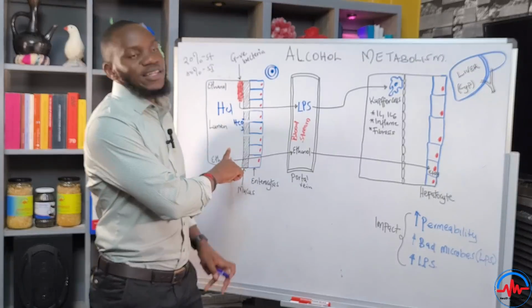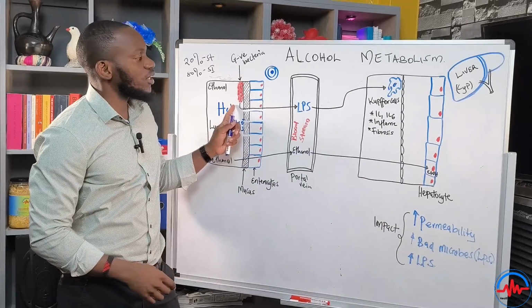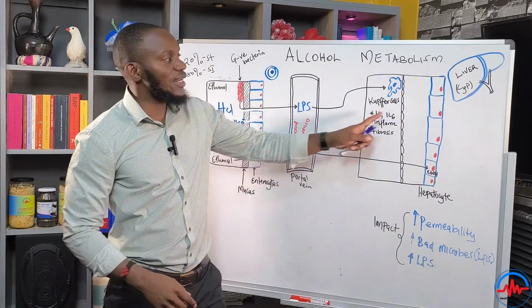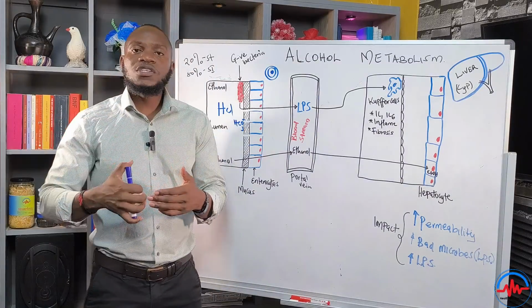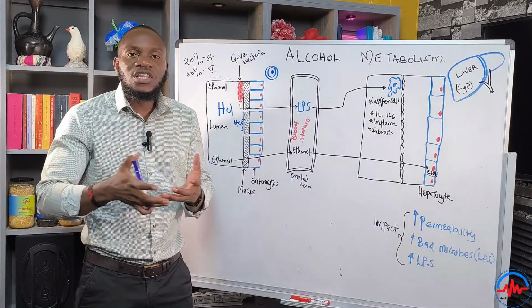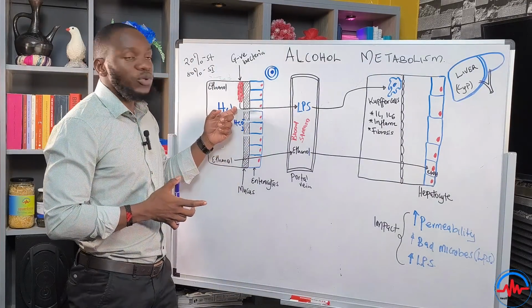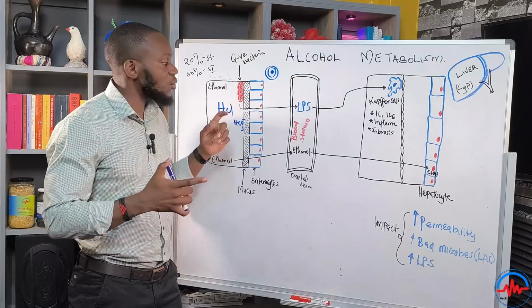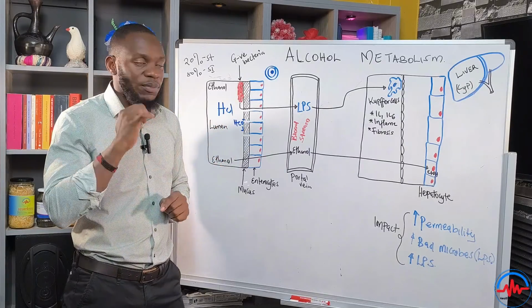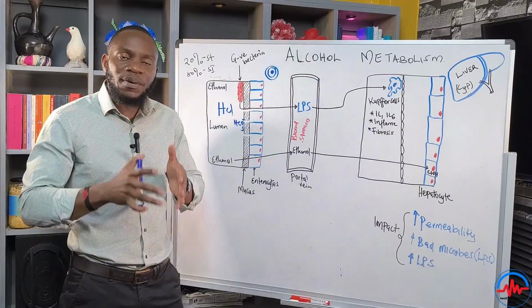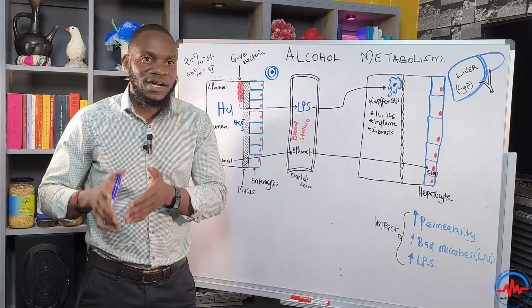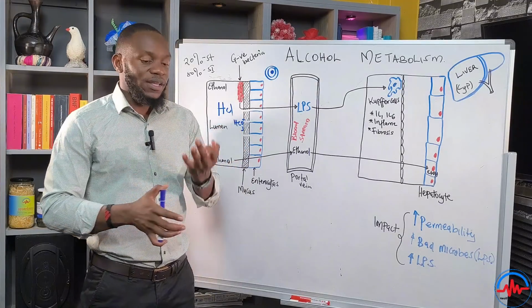But before that alcohol even gets to the liver, we have already had an exposure to the lipopolysaccharides that are causing inflammation of the liver. That is one. Number two, alcohol causes a change in the pH of the stomach, which means you will now start developing microorganisms that are not supposed to inhabit the stomach. That brings you another problem. And the reason, number three now, is the lipopolysaccharides.